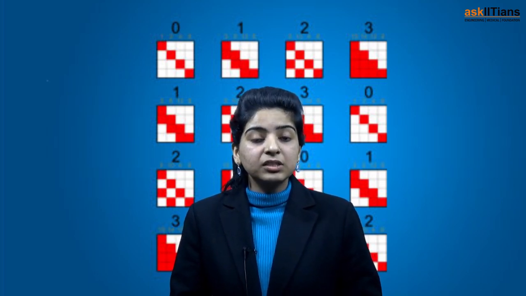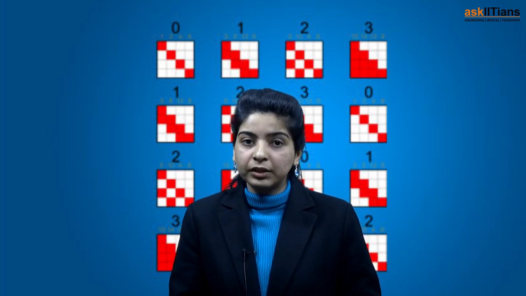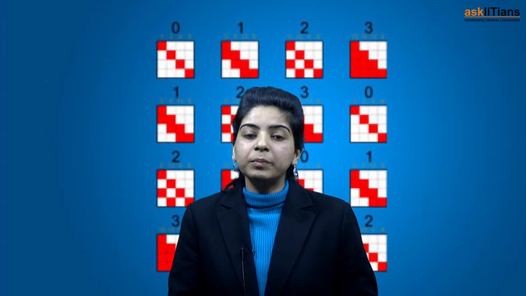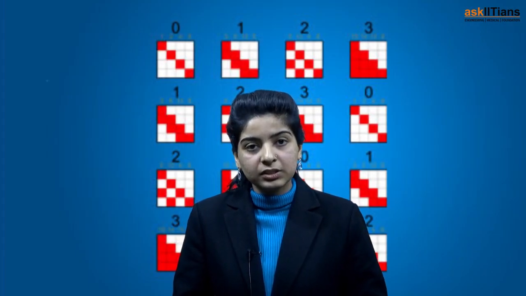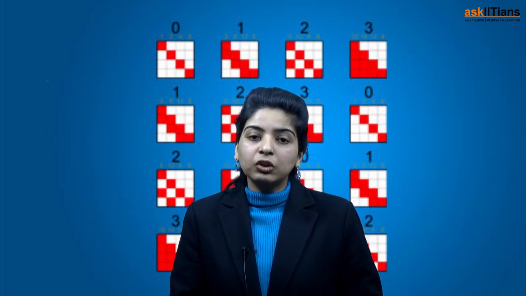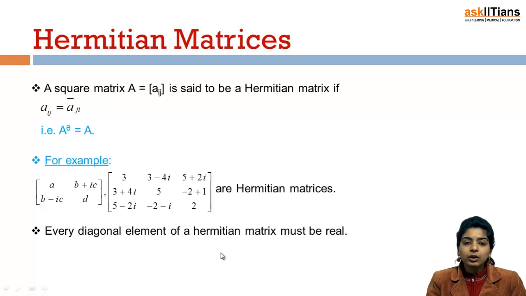In Hermitian matrices, first of all, we'll discuss the concept of transpose conjugate. Then we'll be switching to skew-Hermitian and we'll also discuss the various properties of Hermitian and skew-Hermitian matrices. Then we'll be switching to involutory matrices, orthogonal matrices and idempotent matrices as well. So do stay tuned. Okay, so now we have Hermitian matrices.